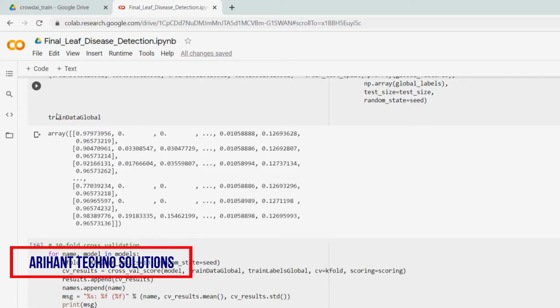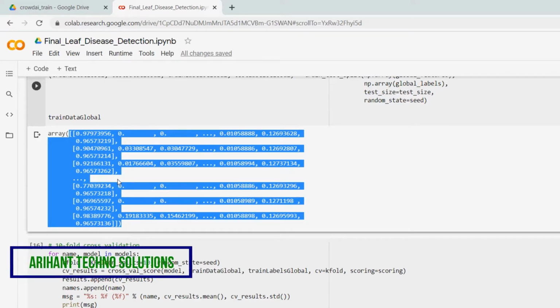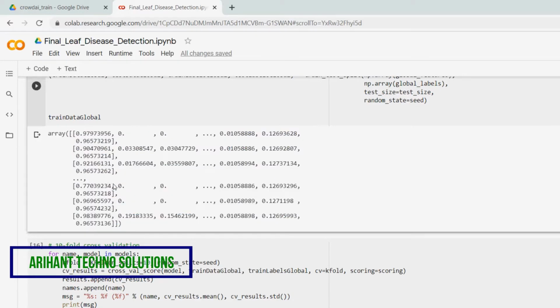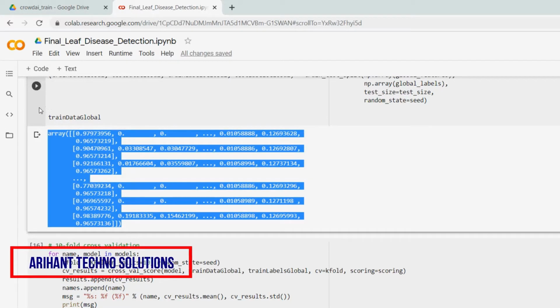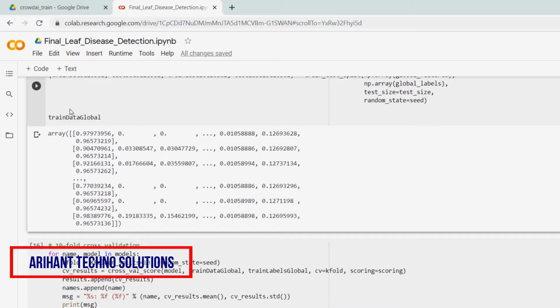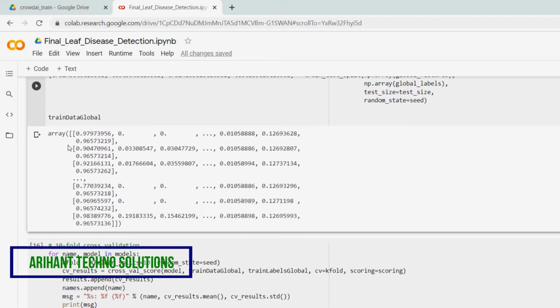So this is the array structure. For processing the entire data, that means image, we need to convert the data of a particular image into a raw format, that means array. We need to store the content of the image into the array for analyzing. So here I am using the array conversion. Some samples will be displayed over here. This is a background process. For just verification, I display that in a user view.